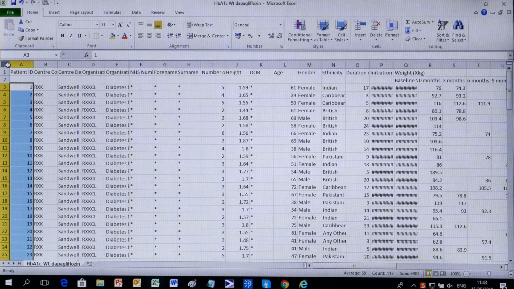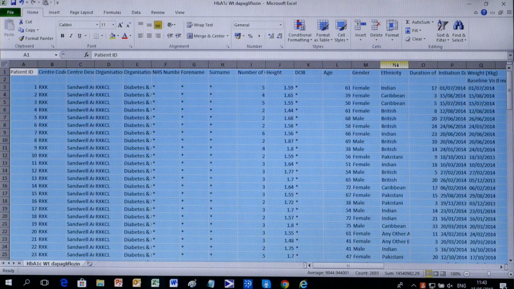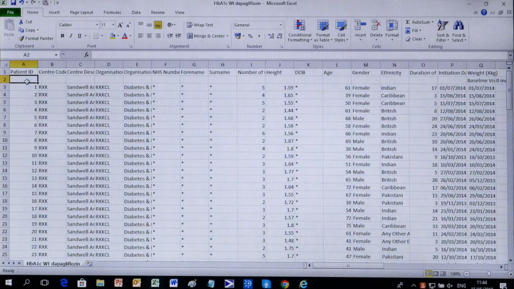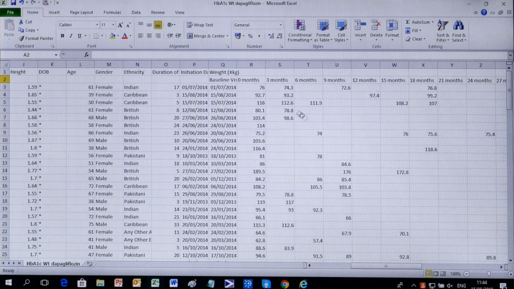And then I'm going to select the whole spreadsheet and increase the column slightly so that we can see all the data we need to see. And now to further prepare the spreadsheet for analysis, I'm going to get rid of the second row, and what I'm going to do is label the weight. I know that this section here from Q onwards is weight data, so I'm going to call that